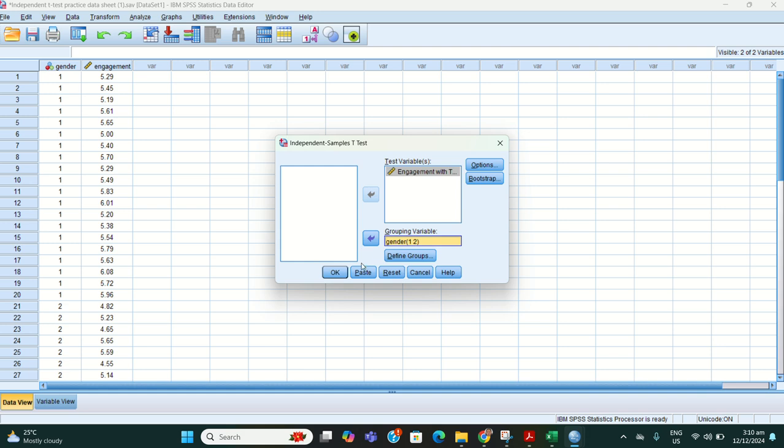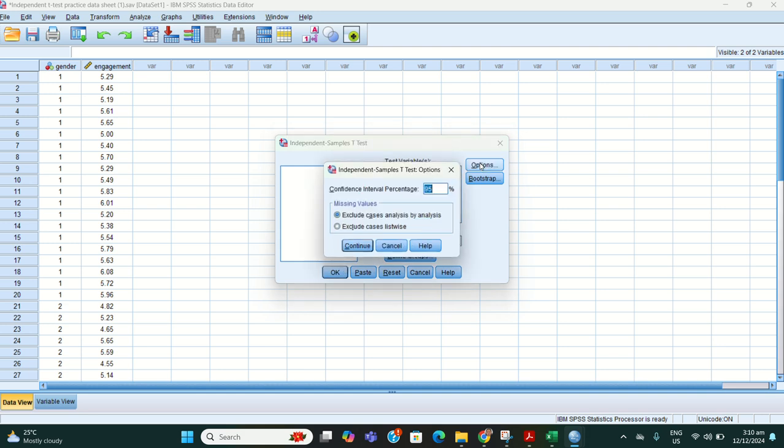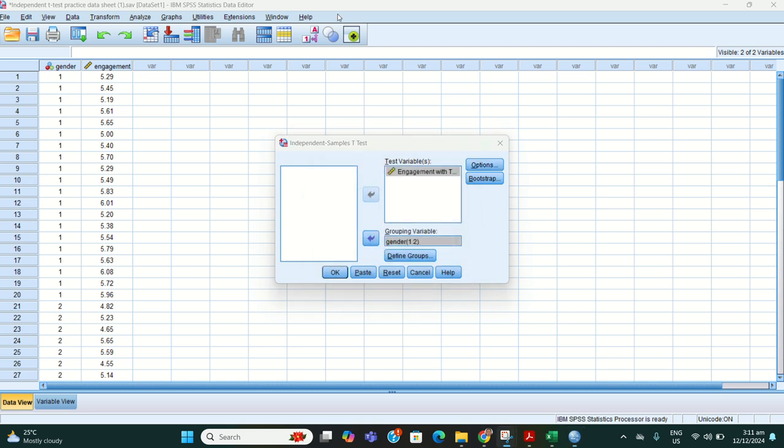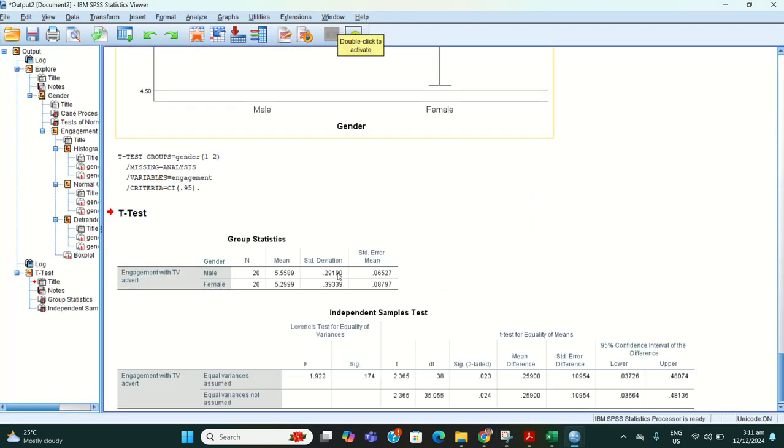After clicking Continue, we click on Options. We have to make sure that the confidence interval percentage is 95%. Then in missing values, select exclude cases analysis by analysis, then click Continue again. Then we click OK.